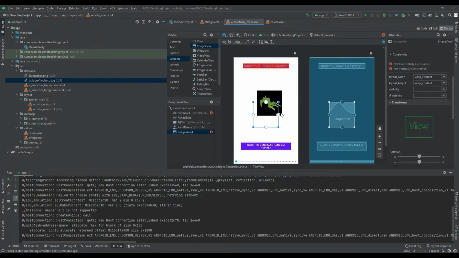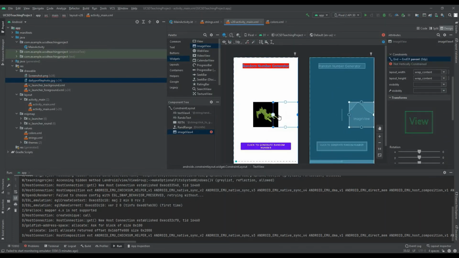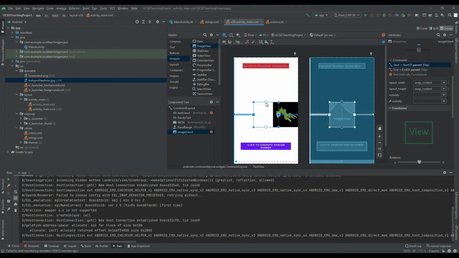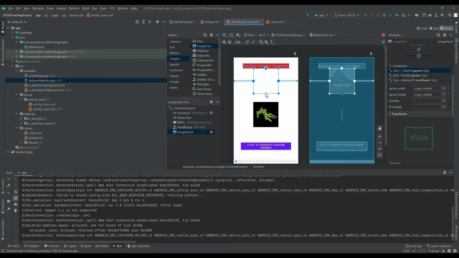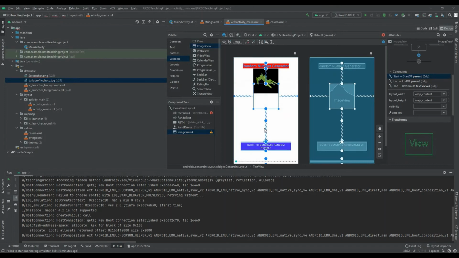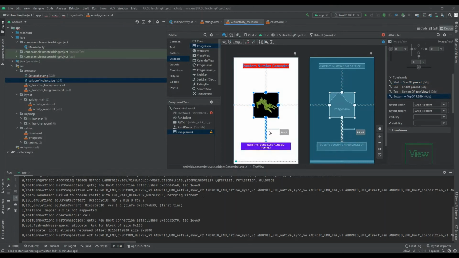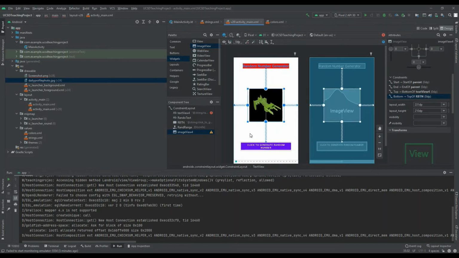All right, so let's move this. Let's give it some constraints. And if we wanted to make this big, yeah, let's make this a little bit bigger. But there's a problem with this, because it overshadows the random text. We don't want that. We have to move this up to here, so that way the random text isn't overshadowed. So if we run this again,